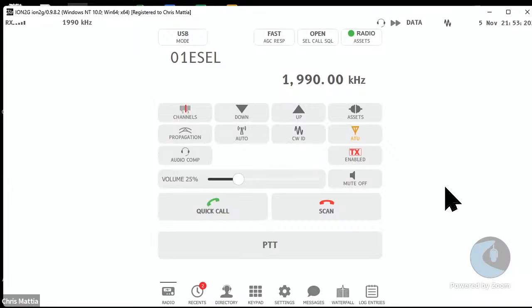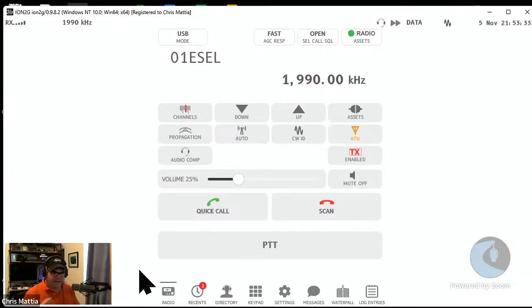So this is what Ion 2G looks like when you open it up. It starts off on the radio screen here. I don't have my radio hooked up right now, so we can't walk through a full demo of it, but I wanted to start to tease out a little bit of what's here. So you've got your radio settings, and that's what the control panel looks like. And with the code plug, if I go into settings,